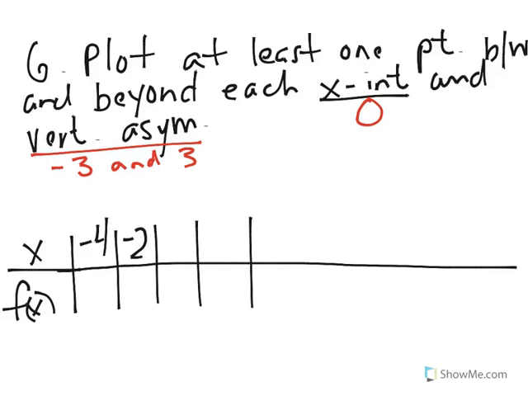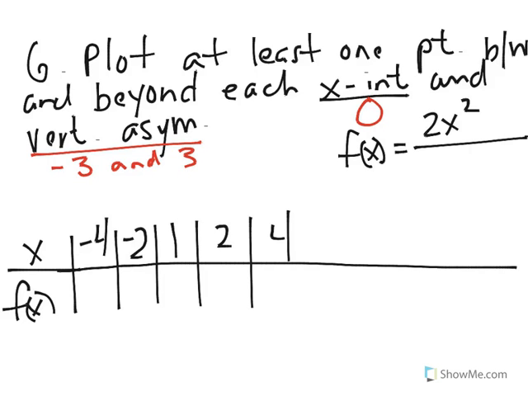-2 would be between, 1 would be between, and beyond would be another 4. So if I plug each of these numbers into our f of x, which didn't change, 2x squared over x squared minus 9,